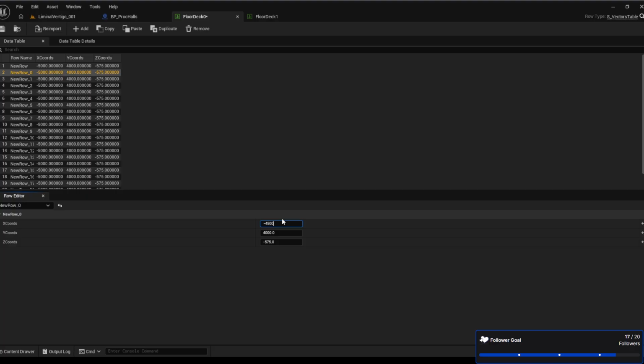This negative 4,500, negative 4,000, negative 3,500, negative 3,000, negative 2,500, negative 2,000, negative 1,500, negative 1,000, negative 500, 0,